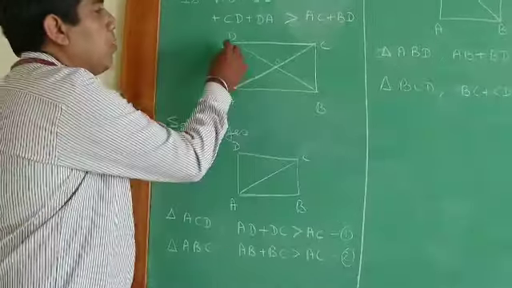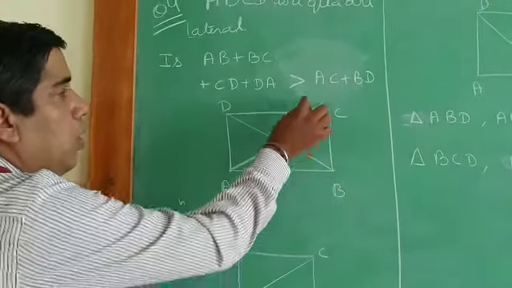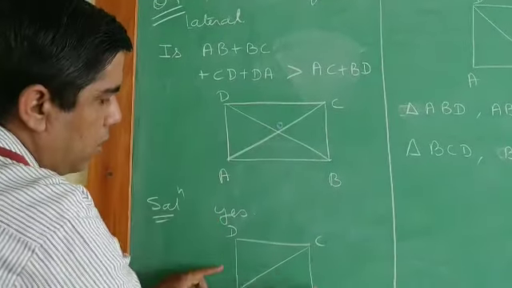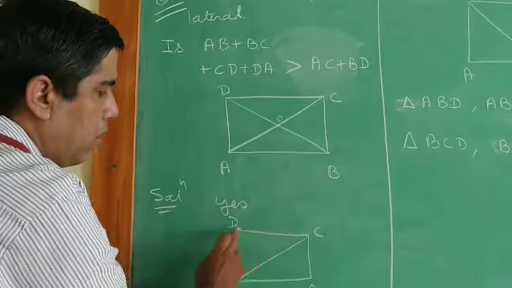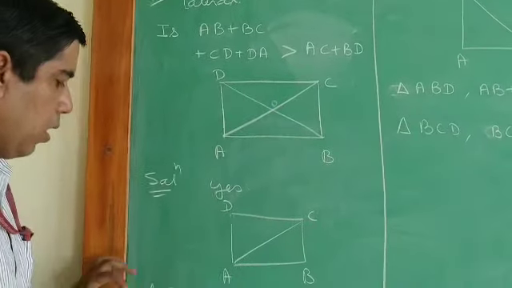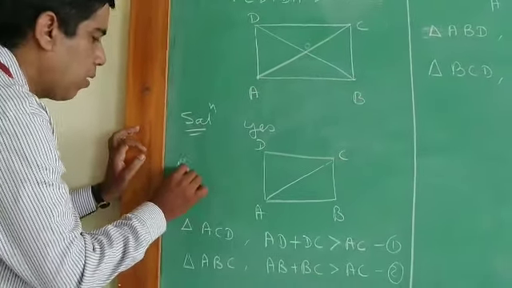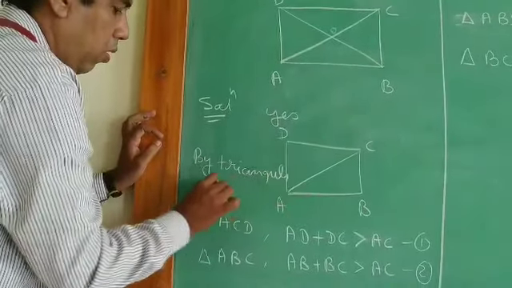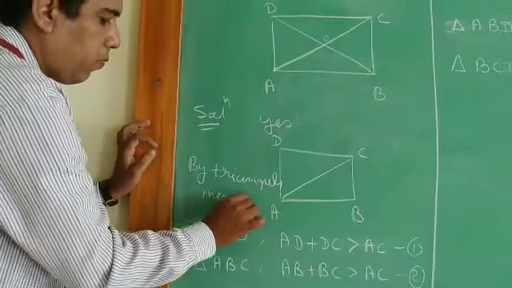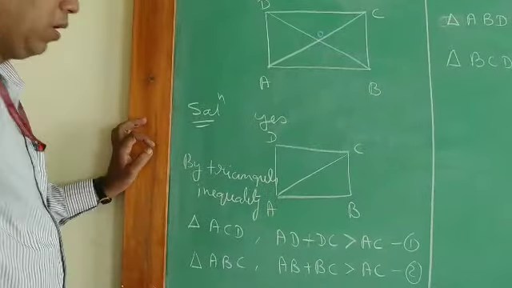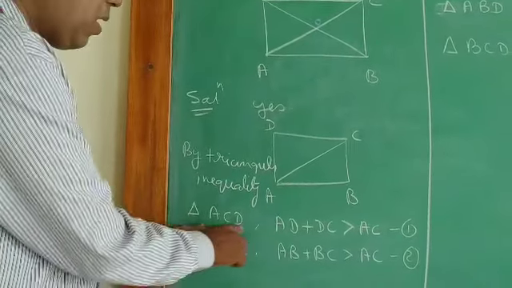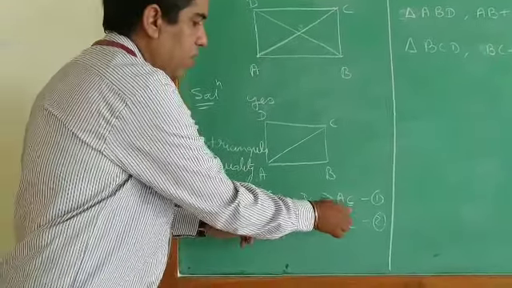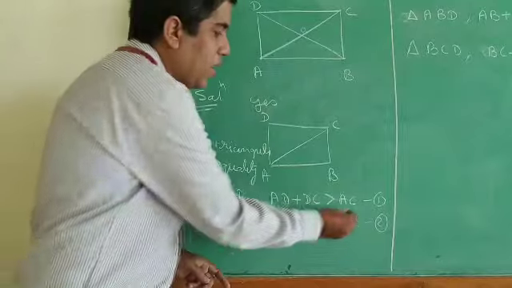See here, this is the quadrilateral given to you. Now in this, I am dividing this quadrilateral like this here. So I have drawn here AB plus BC like this in two parts. Now by triangular inequality, what you can write in this triangle? You can see here ACD, AD plus DC is greater than AC.